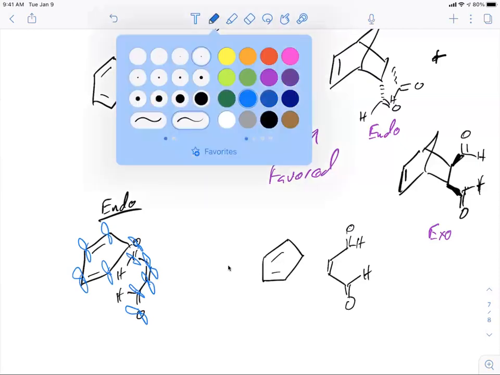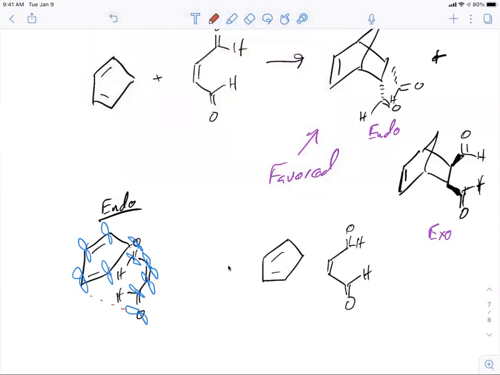So in this case, in the endo case, we get both interactions between our bonding orbitals, but also between our carbonyls. So we get stabilization of that transition state through this hybridization. Over here, when we think about those p orbitals,